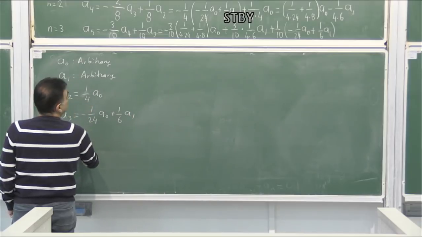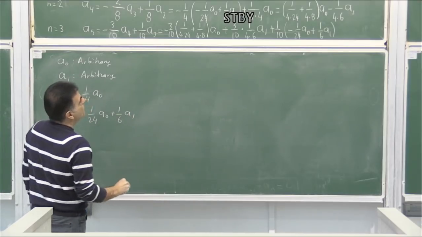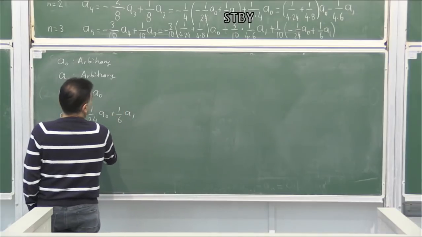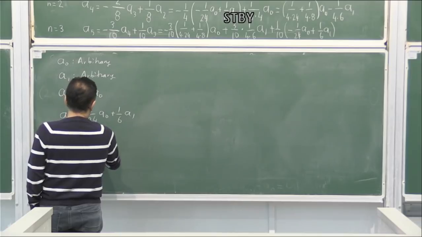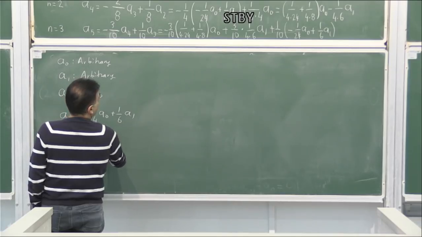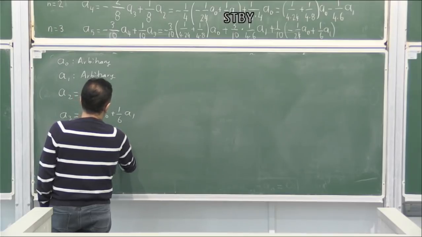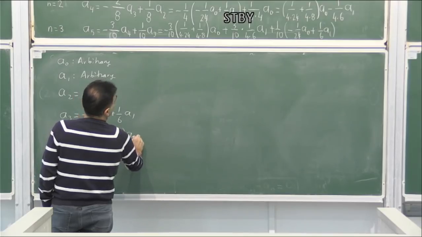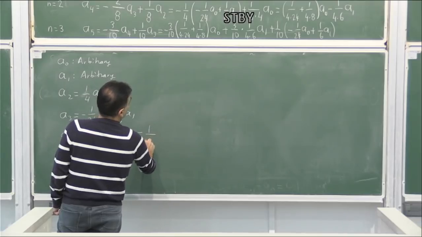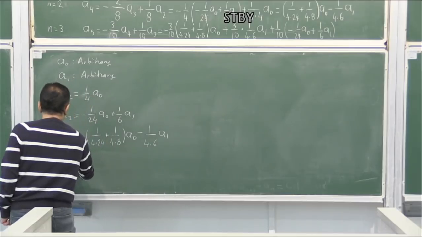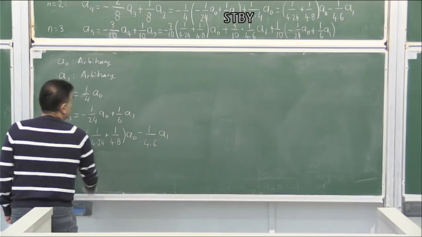A4 is what we find: 1 over 4 times 24 plus 1 over 4 times 8 A0 minus 1 over 4 times 6 A1. And A5 seems to be,